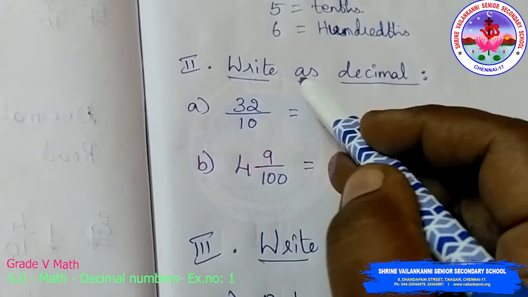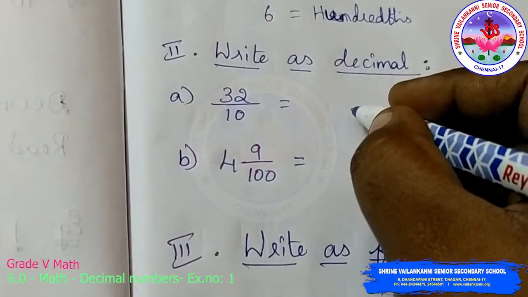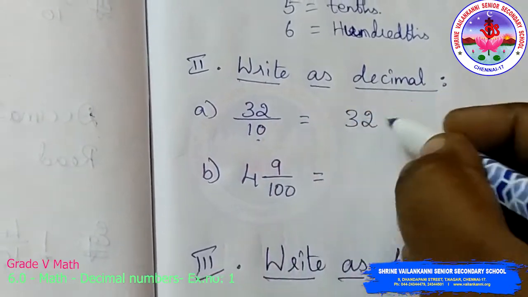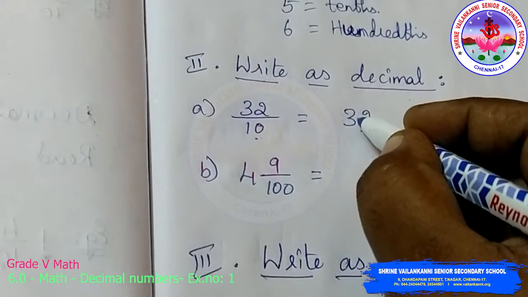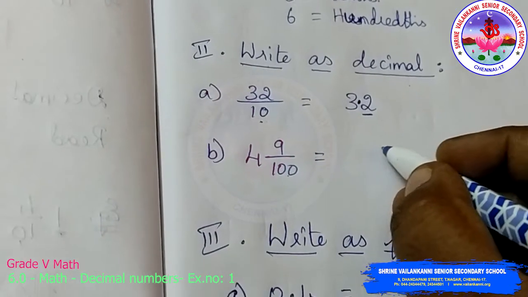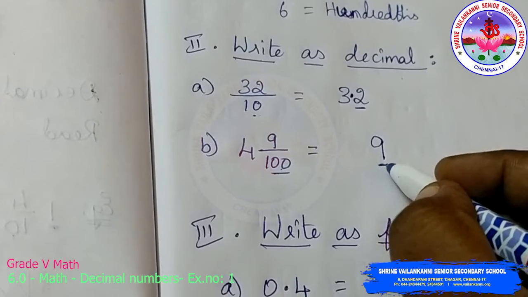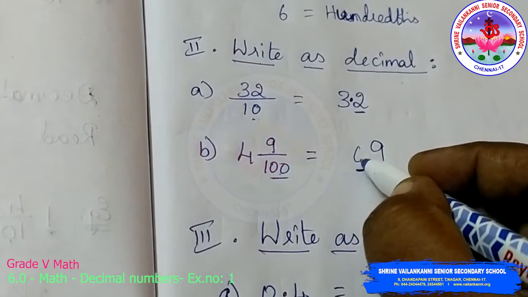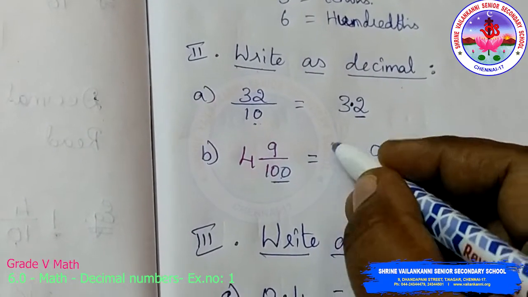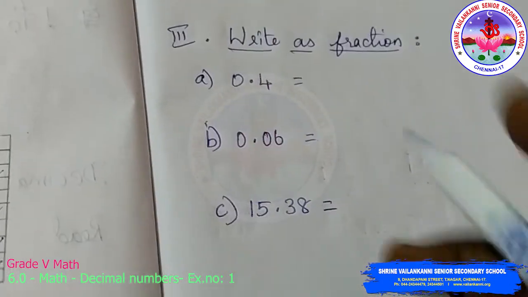Next we are going to write as a decimal. Previously I have shown you with more examples, so I am going to move quickly with this. Numerator I am writing as it is. Denominator 1 0, so from the right side, one place after, I am going to keep the decimal. So 3.2. Next, 4 9 by 100. First writing the numerator. Denominator, 2 zeros I have, so one place, 2 places I have to move. Second place I am giving 0 since no value. After 2 places, decimal. Now I want to check for the whole number. Any whole number? Yes, 4. So 4.09.